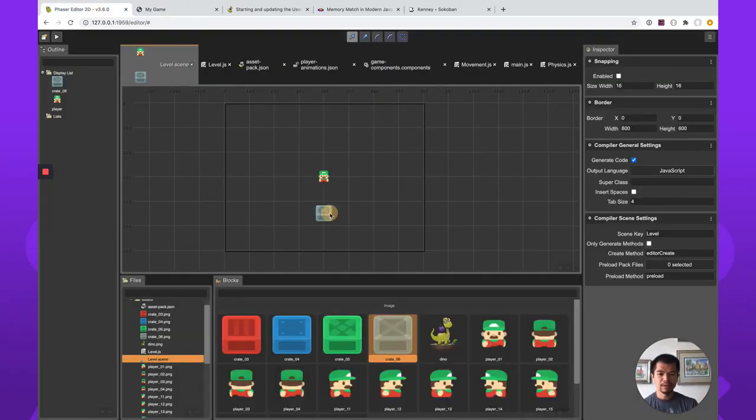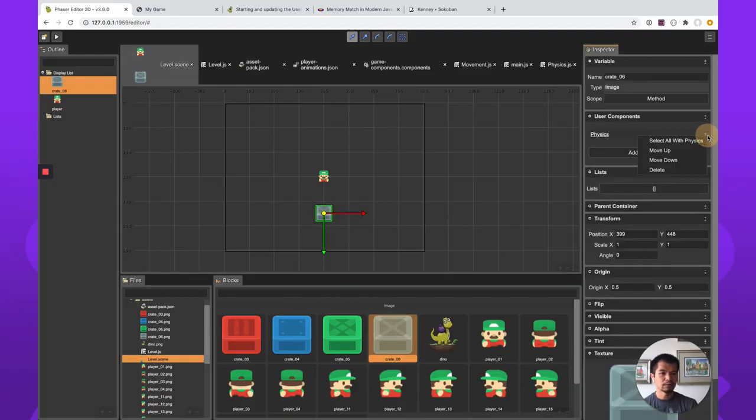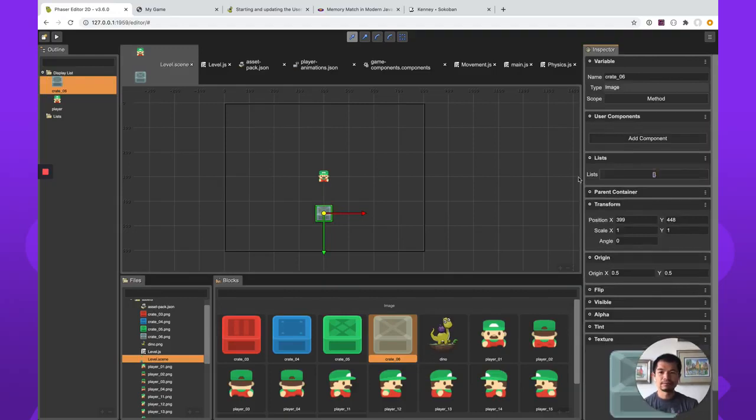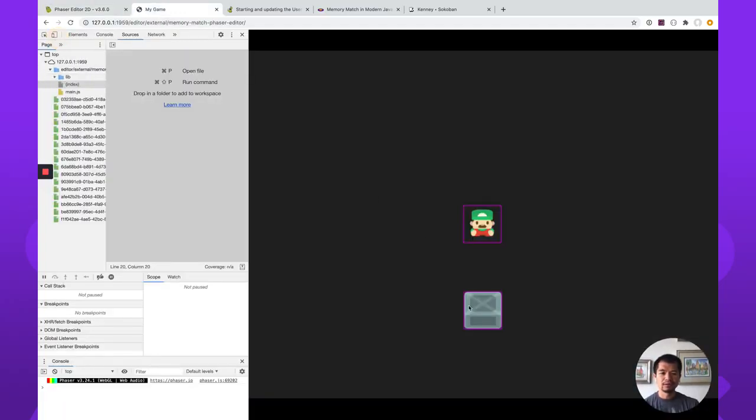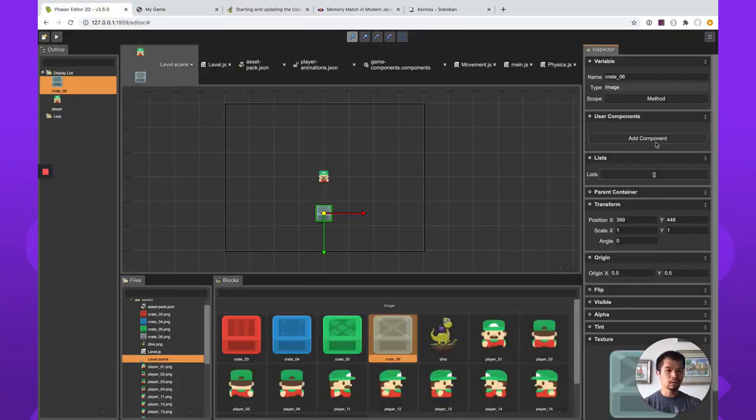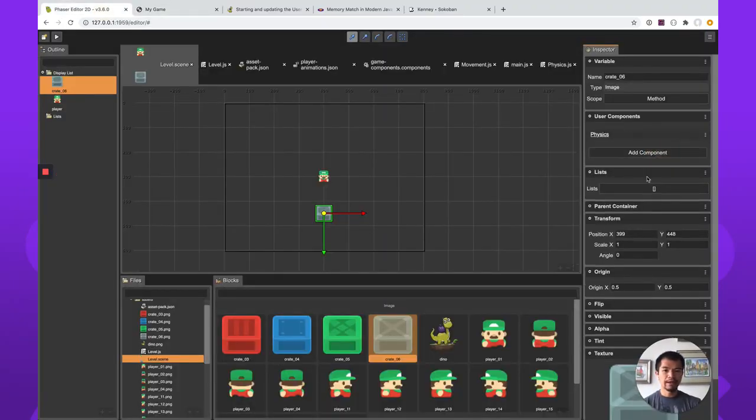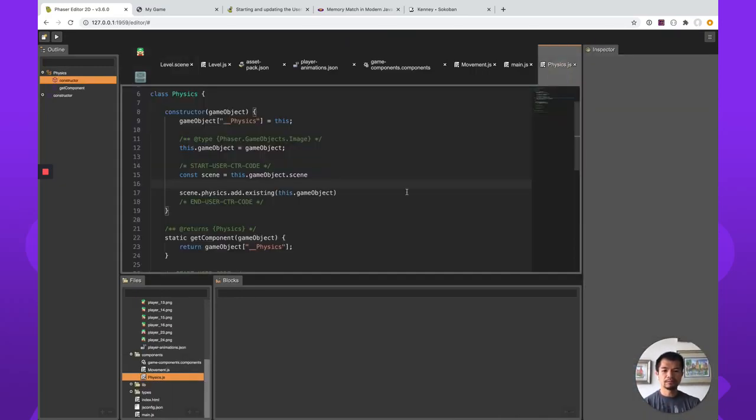So now if we go back to this box here and we delete this component, delete, save, run, and you'll see that it no longer is a physics object. So just by adding and removing that physics component, we can add physics to an object. Let's add this back. Now our box is actually going to be a static box. So what we can do to make this one physics component